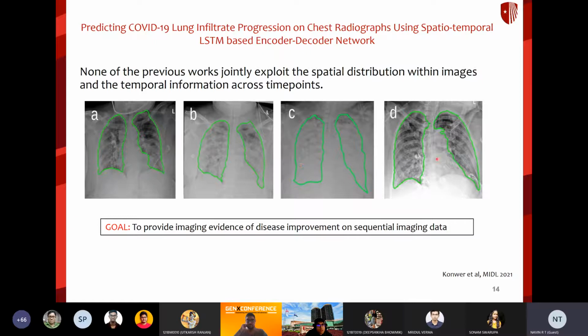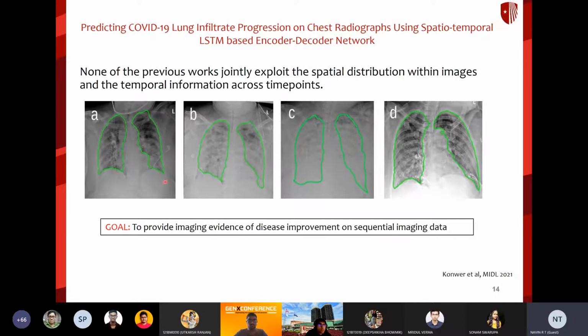So if you look at this series of images, you find these lung infiltrates, these chest infiltrates here. This is on day one of the patient presenting with COVID-19. And we can see how the infiltrates become denser as you progress to day 2 and day 3. And eventually the infiltrates resolve and it becomes similar to day 1, and then it becomes better going forward.